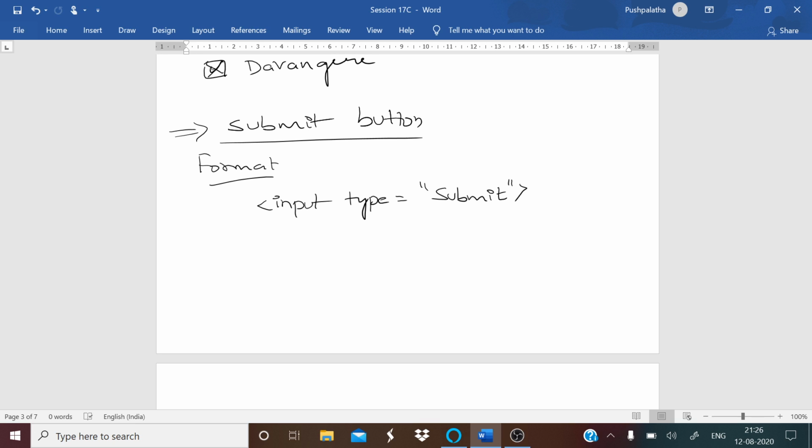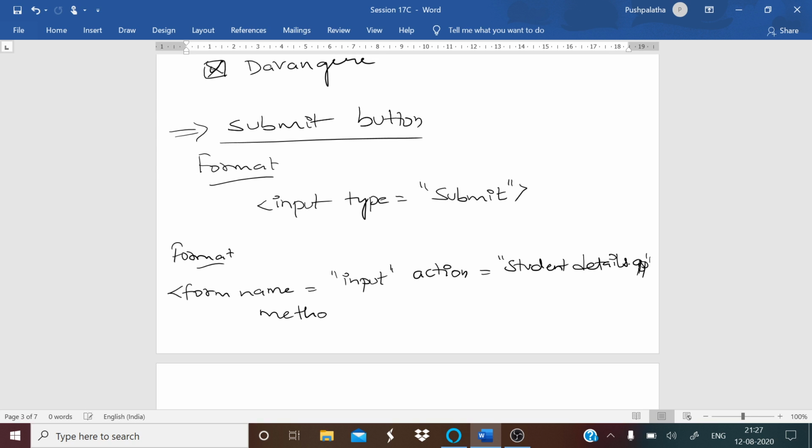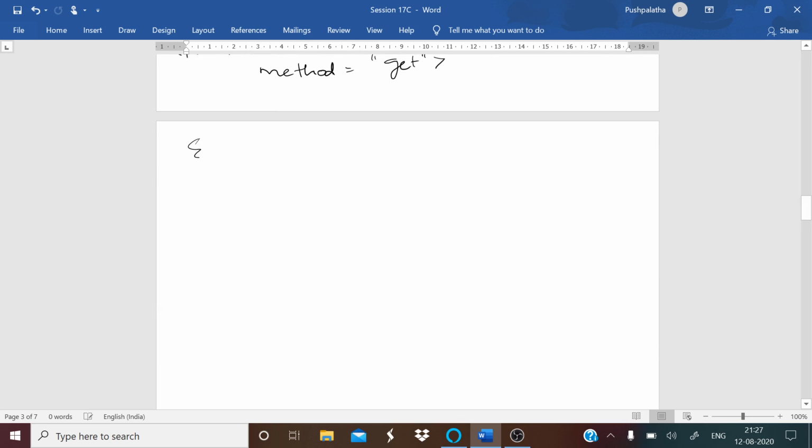We'll be having an action option, so it will go there, and the file defined in the action attribute will do some work that is allotted to receive whatever is given. So the format for this is form name equals input. So you have given the input. What is the action that you are supposed to do? Action, that is the file name, studentdetails.asp, method is get. You have to get the data. So the example,